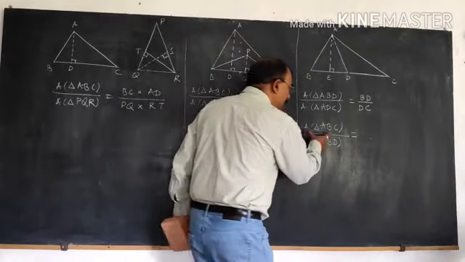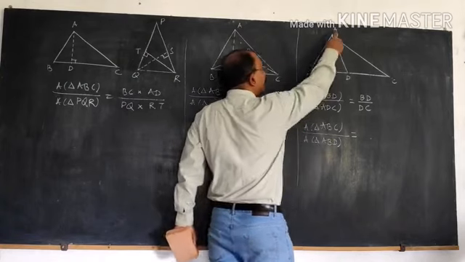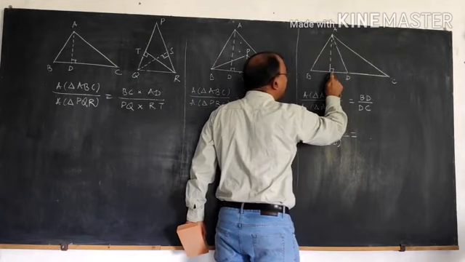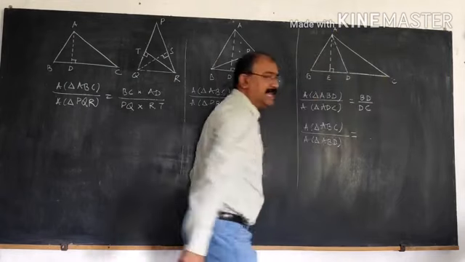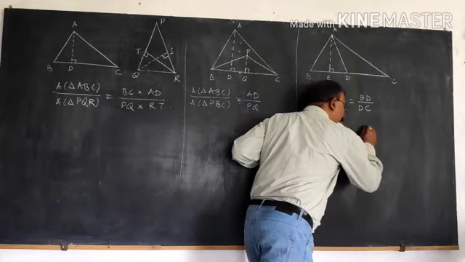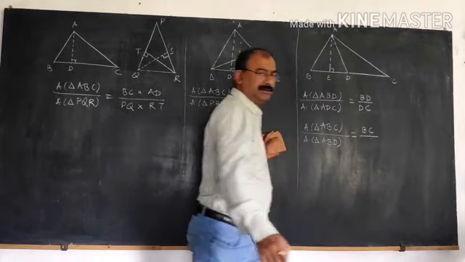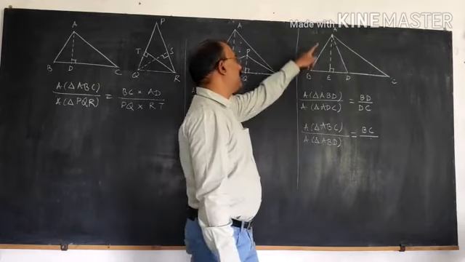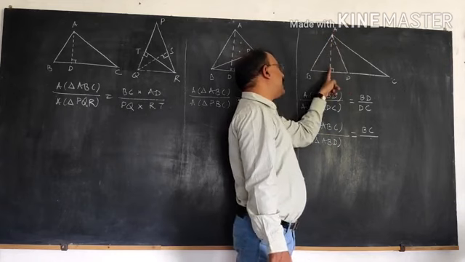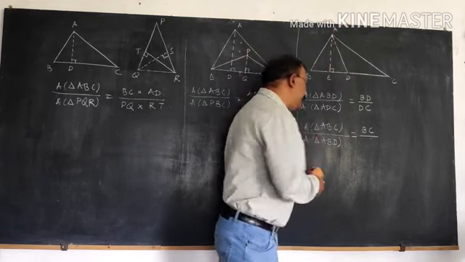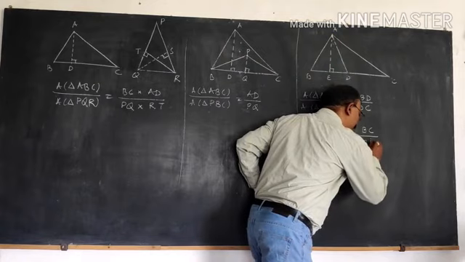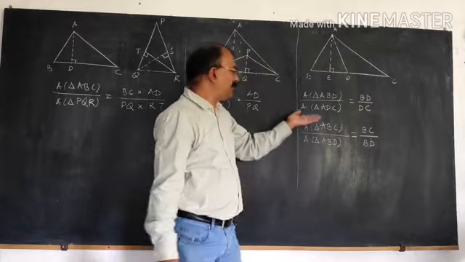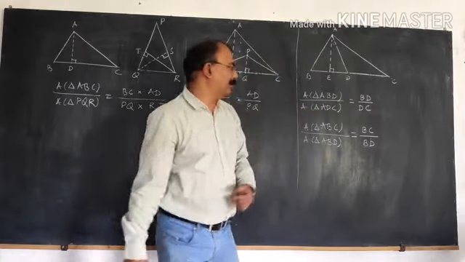So let us observe triangle ABC. If AE is the height, BC is the base of the triangle. So here I am going to write BC upon second triangle. The triangle in the denominator is ABD. This is the height, so base will be BD. So what we observe in the same figure, one more pair can be taken, but we have taken third pair. You do on your own.